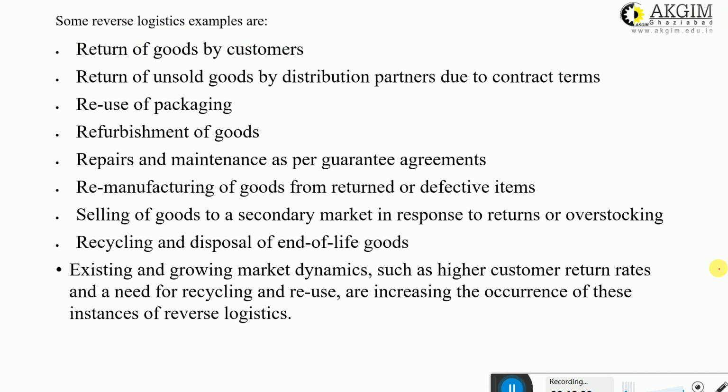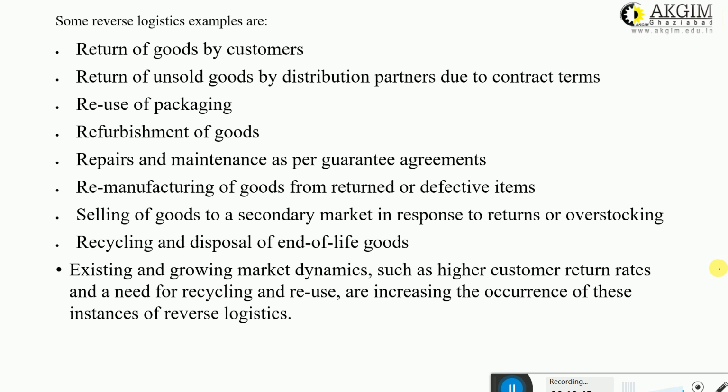There could be reasons like return of goods by customers in case of some malfunction of a product, return of unsold goods by distributors due to contract terms, like in the case of perishable goods, reuse of packaging many times, refurbishment of goods like furniture or electronics, repairs and maintenance as per guarantee agreements, remanufacturing of goods from returned or defective items, even the selling of goods to a secondary market, like OLX does, in response to returns or overstocking,